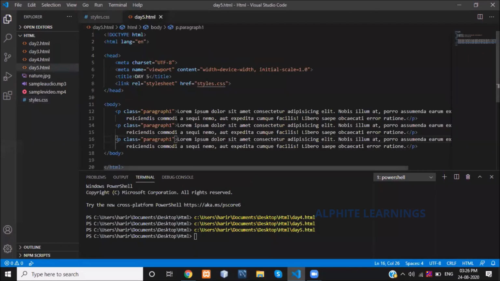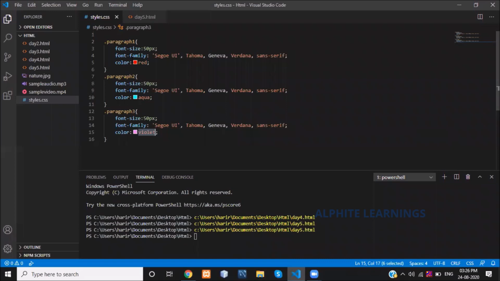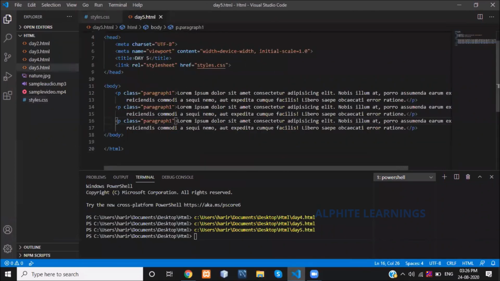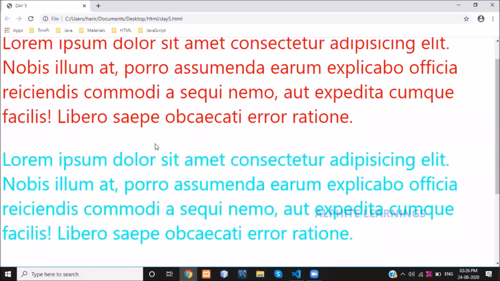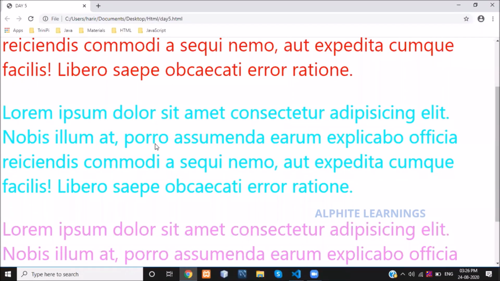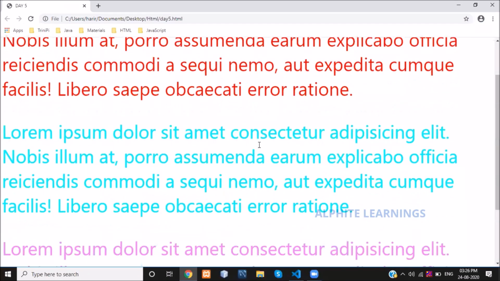Now, what is the next one? For my paragraph 1, I am using the paragraph 1 class. For paragraph 2, I'm giving paragraph 2 here. For paragraph 3, I'm using the paragraph 3 class. Let's see what happens. See, all your paragraphs are differentiated with the class names you have given.